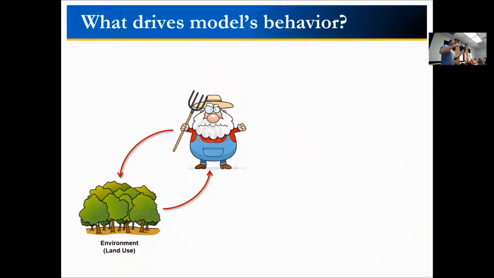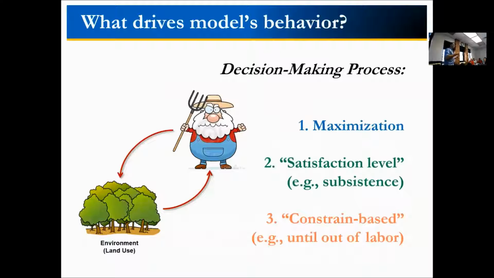But what is actually driving the behavior that you see in the models? Arguably, it's everything together. All the variables that you put in the model are influencing the behavior of the model, but probably the main component is the decision-making process of your agents. And those processes follow one of these three approaches, maybe more than these three, but just for the sake of it, let's stay with these three options.